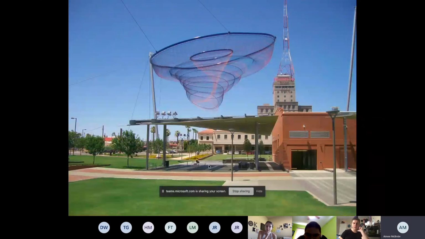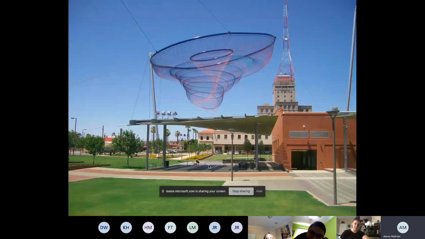Let's see. So this is what it looks like during the daytime. Once again, this is paid for with public tax dollars. Can anyone now unmute and tell me if you think the public was happy to pay for this with their tax dollars or upset? Definitely not. You're right. Why would they not be happy? Personally, I wouldn't be happy if my tax dollars were going to something like that, I guess. Right. Yeah, no. Most of the people in Phoenix, Arizona were very angry about this. But